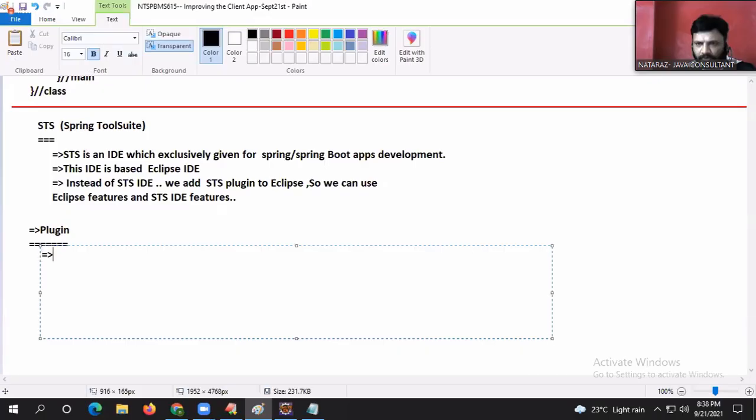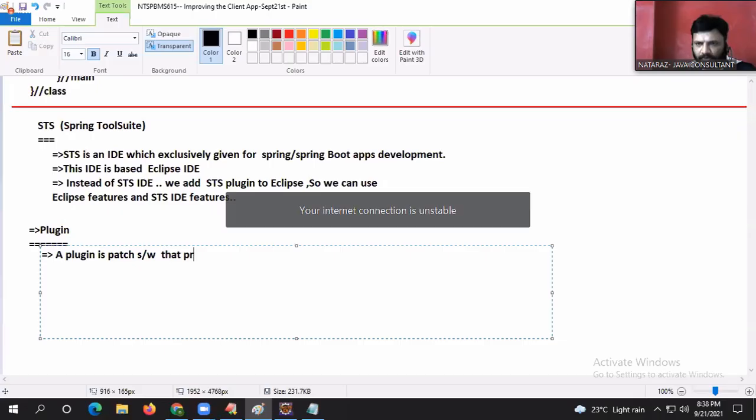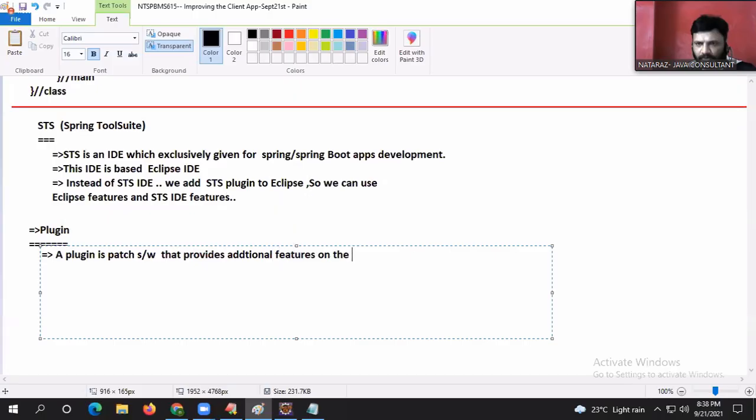Guys, a plugin is a patch software. It's not batch, it's a patch software that provides additional features on the top of existing features